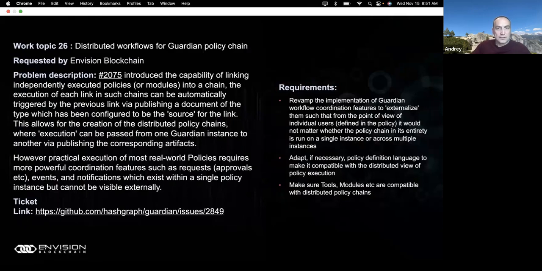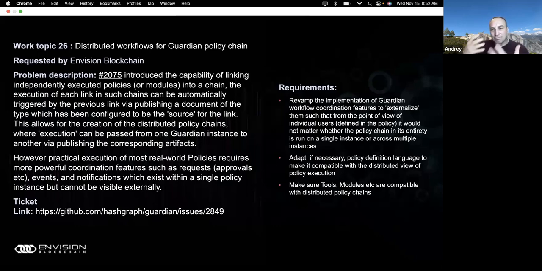Yes, so this ticket, we have policy changing currently, but the way the policies interact is effectively a one-way flow of events. One policy chain produces an artifact, and another one consumes the artifact and produces another artifact, and then the other one consumes, and so on.